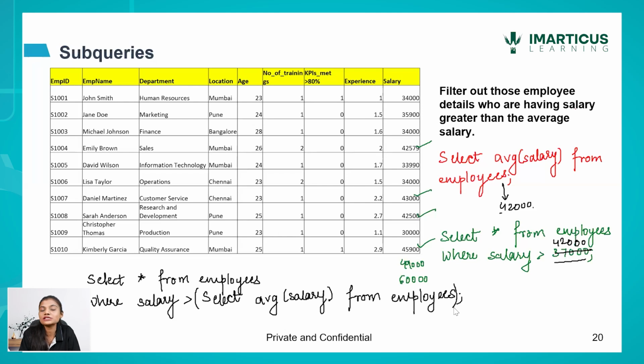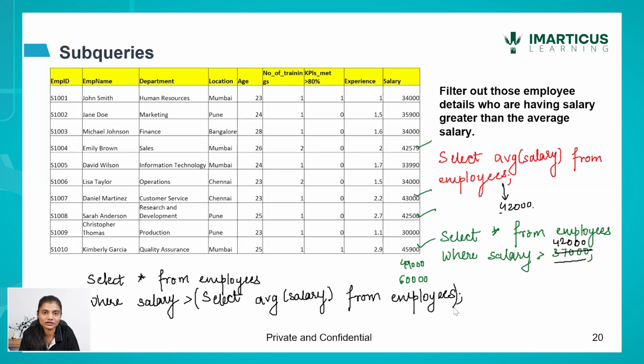So the same thing is happening, but instead of putting a static value, my query is being written over there so that it generates the outcome every time without mentioning any static element over here. That's how a subquery works. That's a simplistic example of what happens in a subquery. Now, let me mark which one is the subquery, which one is the main query, and what actually happens when